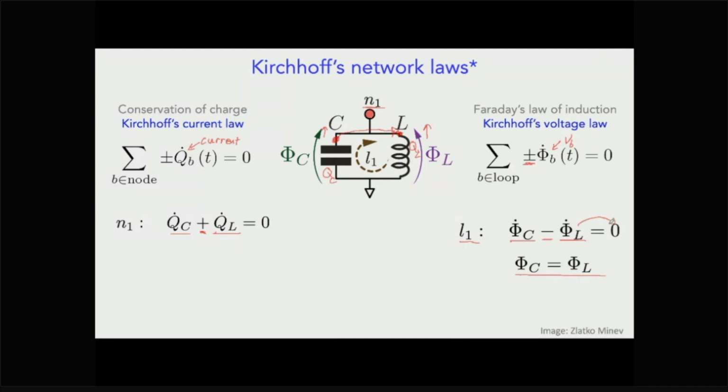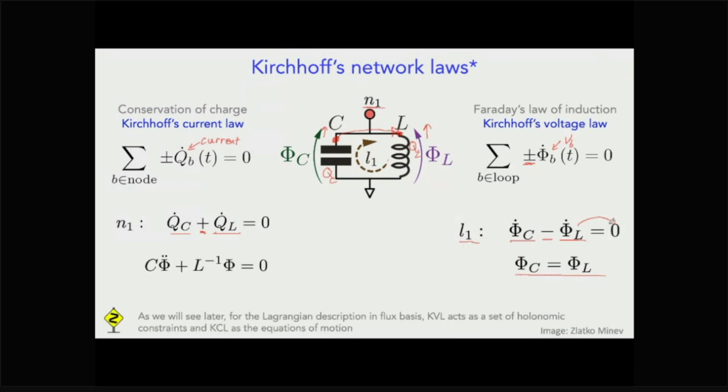Of course, this is expected from electrostatics because the voltage is independent of the path taken from one point to the other. Now we can use the fact that the capacitive flux is equal to the magnetic flux, and we can use the constitutive relationship that, if you remember, Q is equal to CV. In other words, that